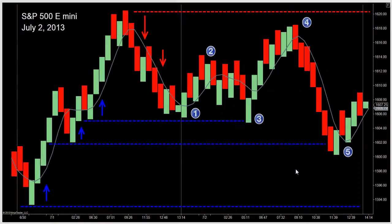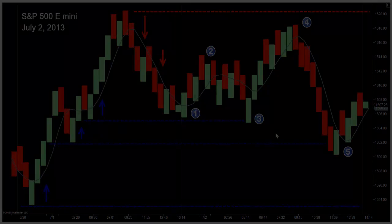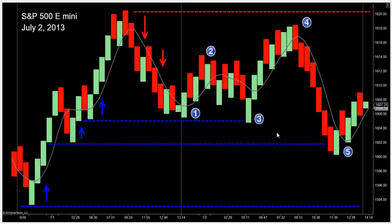The benefit of understanding the key support and resistance levels is that they are factual evidence as to where buying interest and selling pressure entered the market during the recent past. Coming into Tuesday's session and at Monday's close, we had identified minor support here at or near 1606, and